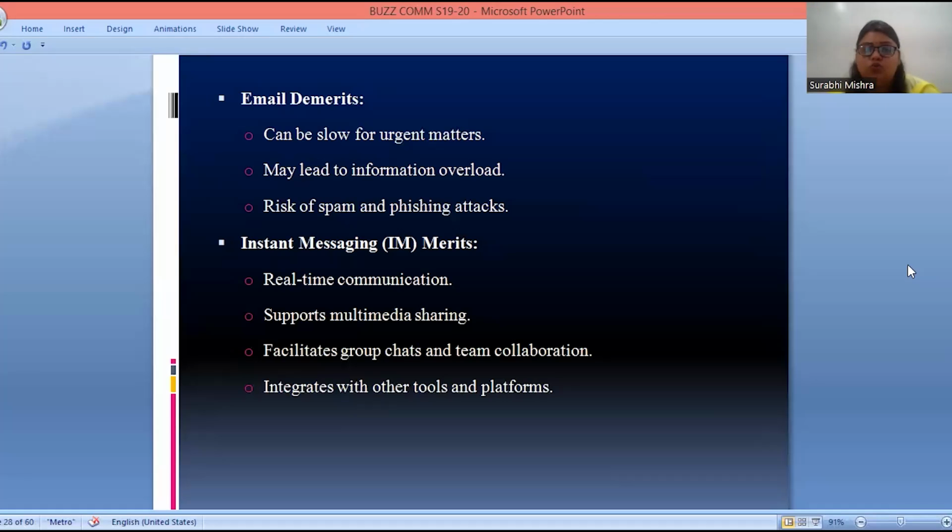So the advantage over here is that it has real-time communication, it supports multimedia sharing, it facilitates group chats and team collaboration, and they are also able to combine all the tools and platforms for effective communication.